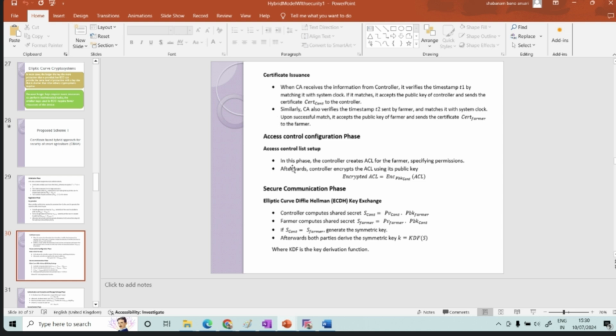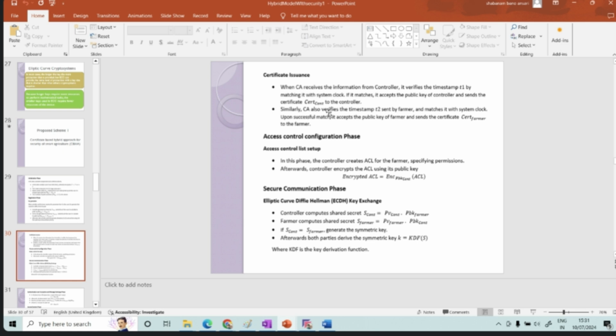What is the system clock? System clock means there should be some synchronization, some clock that should be synchronized between sender and receiver. Like we are synchronizing what is the time at your place, what is the time at my place. So for a proper meeting, we should synchronize the time.